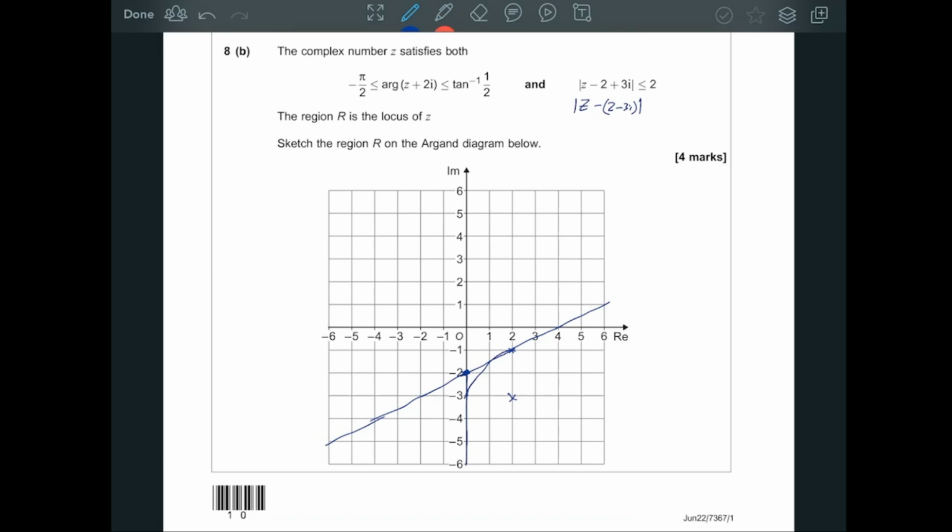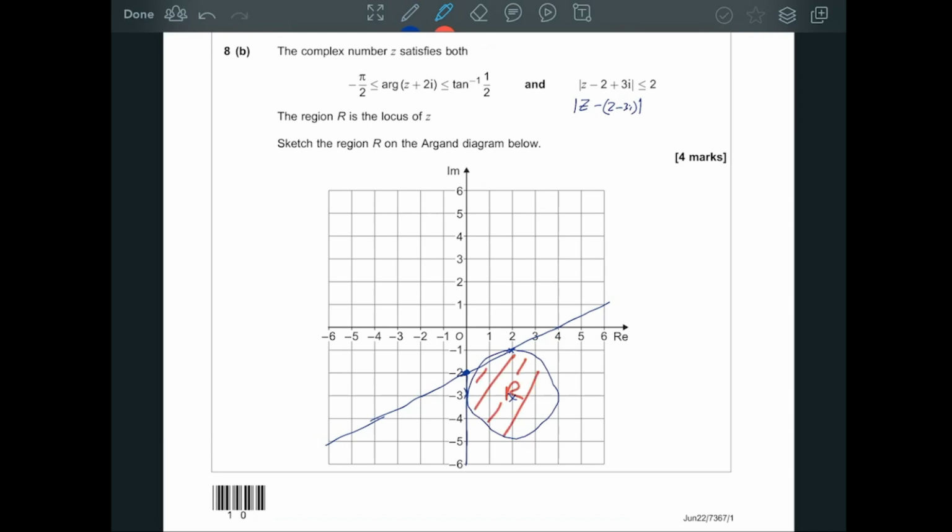I was just worried for a moment, for no good reason. So I want to be drawing this circle very roughly, and I've aimed for those 4 compass directions, 2 in each of those 4 compass directions to make my circle at least a little bit accurate. Now we want it to be less than or equal to 2, so I want to be inside this circle. So my region R